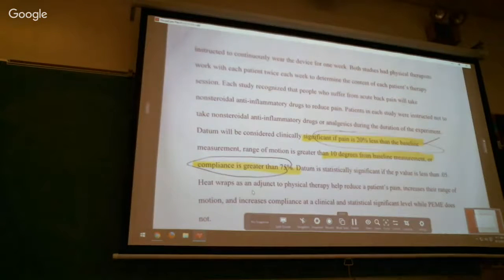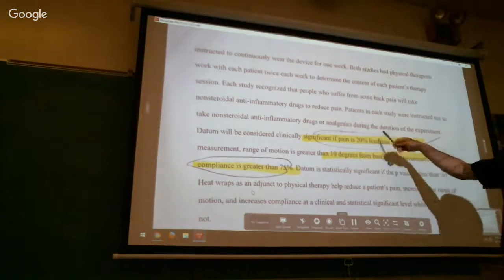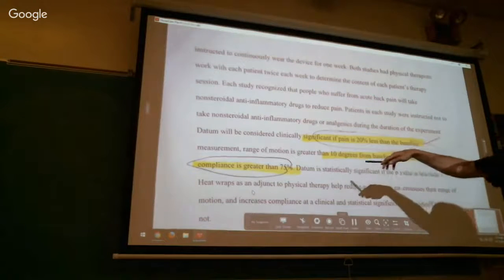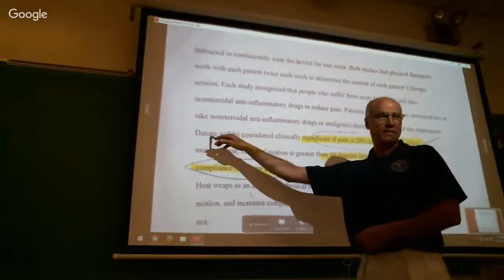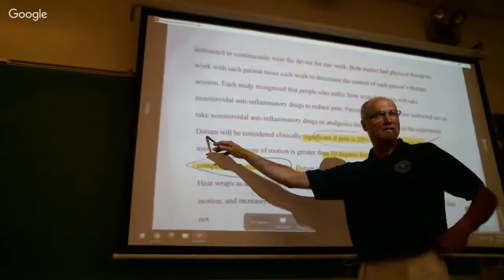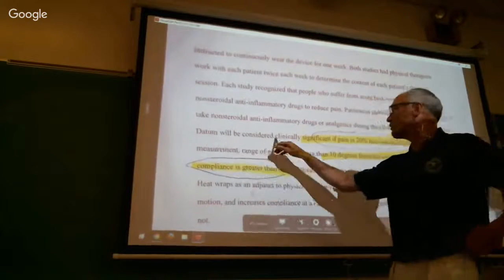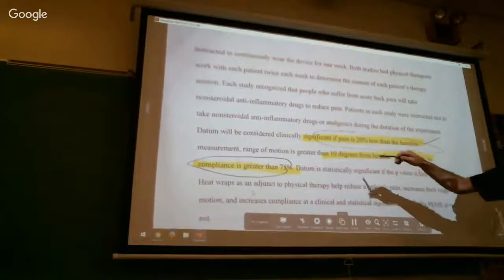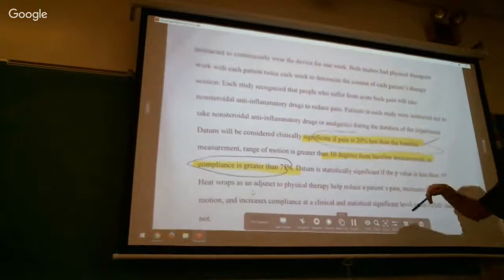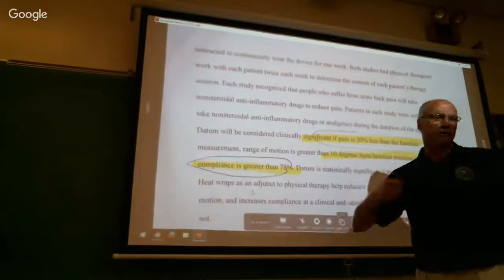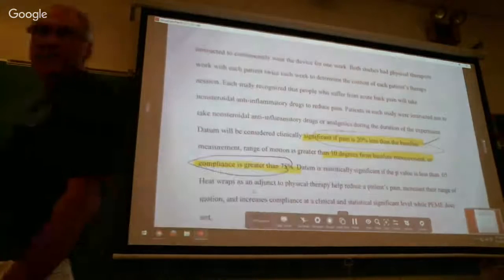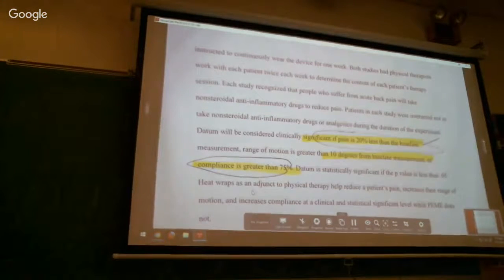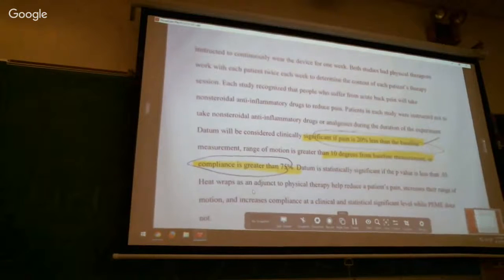Okay, so let's get to the point. Datum means it's one singular piece of data, so data is plural, right? They will be considered clinically significant if pain is 20% less, as we talked about, range of motion is greater than 10 degrees from baseline, or compliance is greater than 75%, right? Well, those numbers are very difficult to establish. So let's figure out a way to